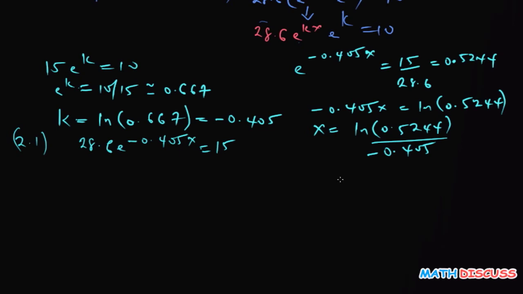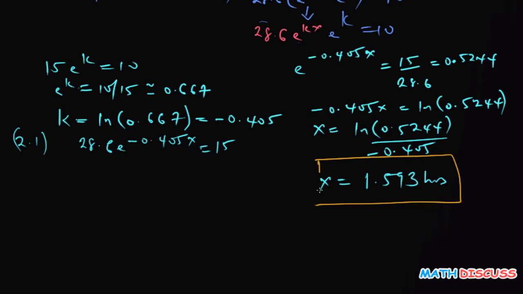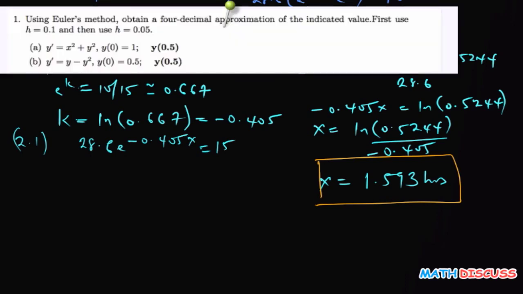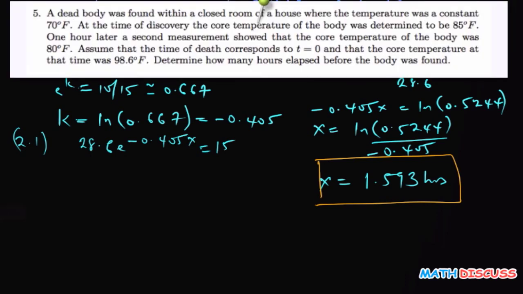And then when you simplify that, what we're going to have is 1.593 hours. So x equals 1.593 hours. So that is exactly what the problem actually told us to find. It says a dead body was found within this. Determine how many hours elapsed before the body was found. So this is